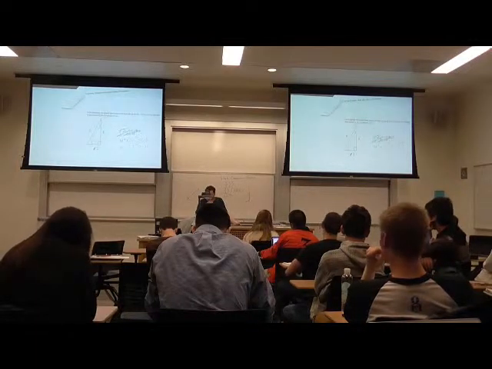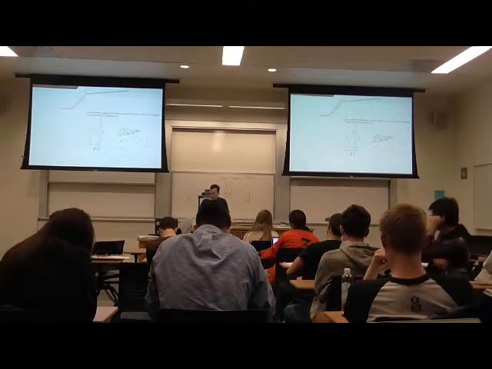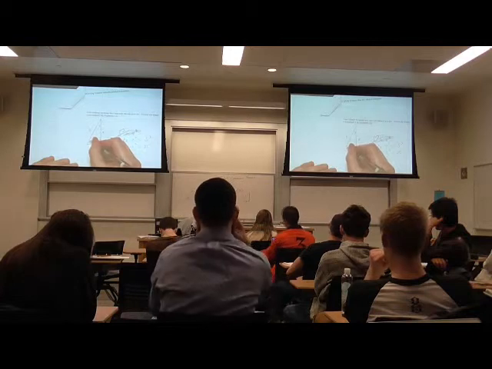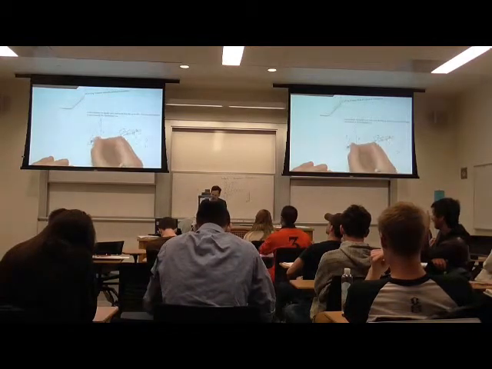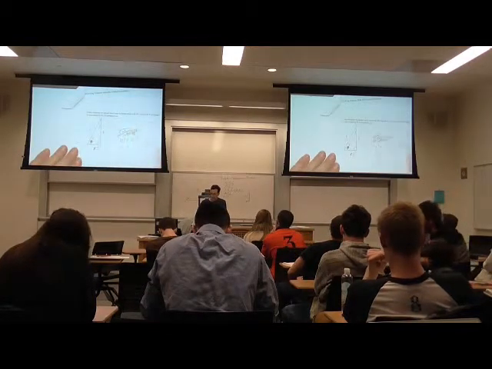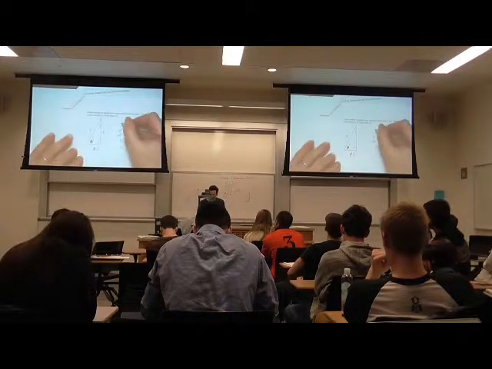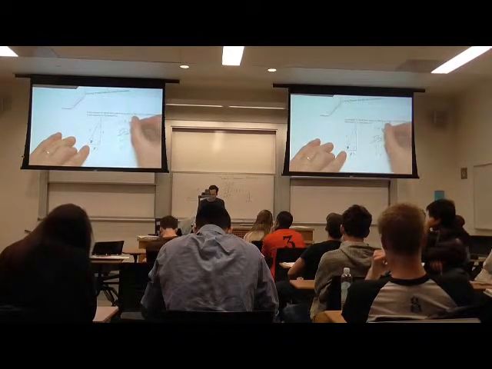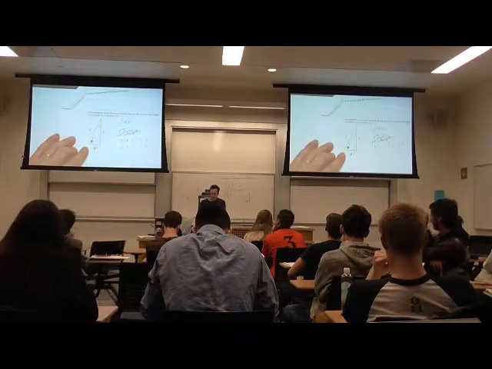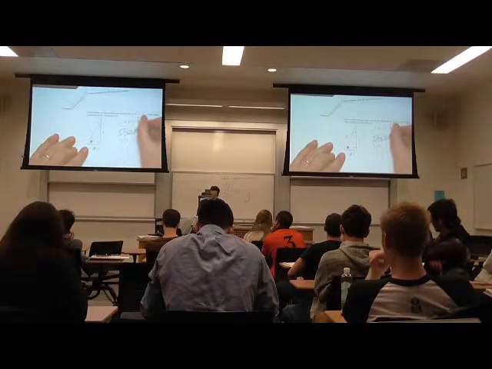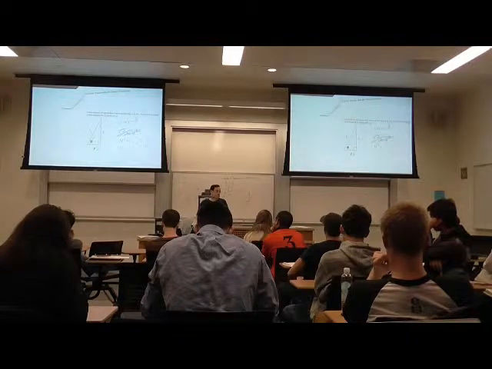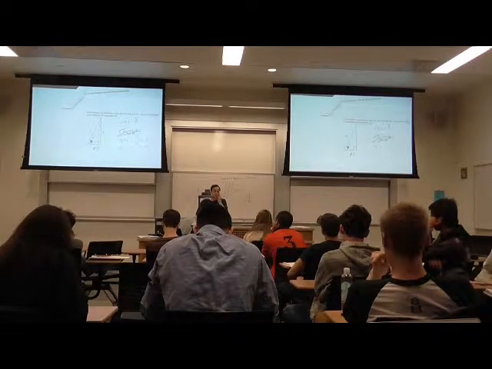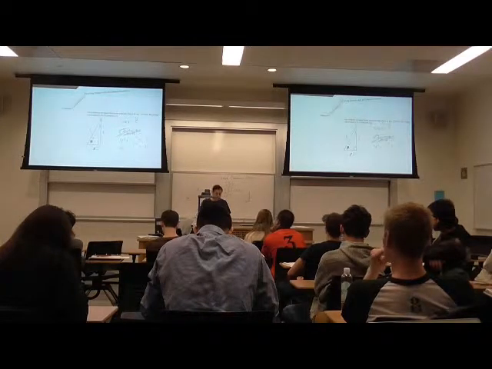What does trigonometry tell me about this angle here? Call that x. We know that, for example, the sine of x is equal to 4 over 5. So to find the angle,